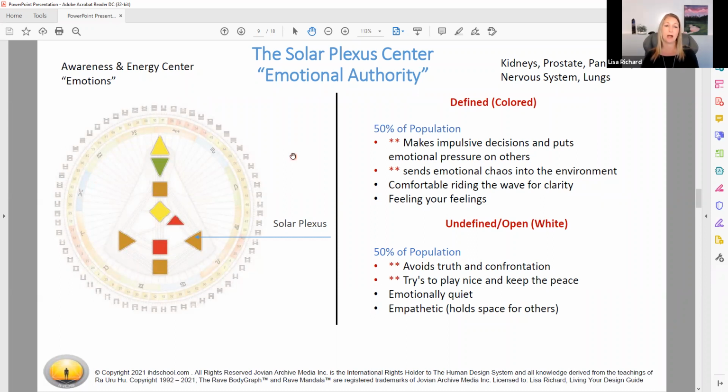Now, the thing to really watch in the center, especially with children, is that a lot of times, because you're feeling on such a deep level, these are the individuals that like to play nice. They want to keep the peace. They want everything to be calm around them. So if somebody asks them if they're okay, they lie and say they are. They don't want to face confrontation. They don't want to create any waves. And what's going on with them on an energetic level is they are feeling things so deeply. So if they were to tell somebody how they really feel, they actually have to relive that experience, re-feel it in order to speak it.